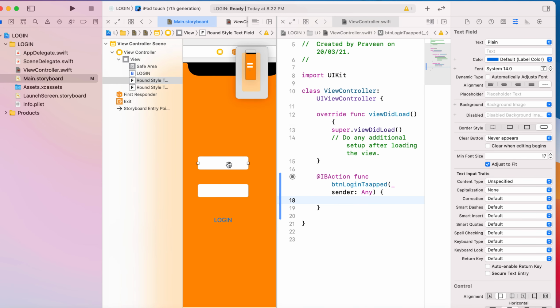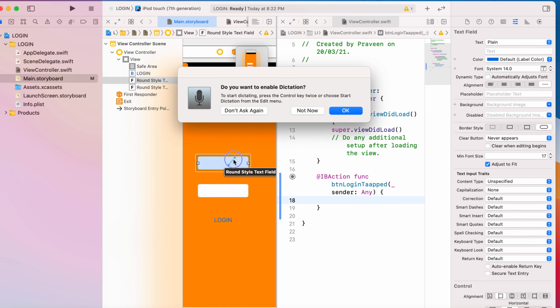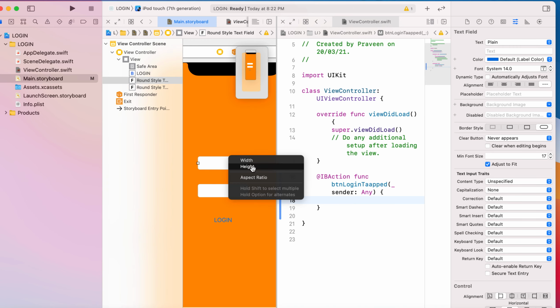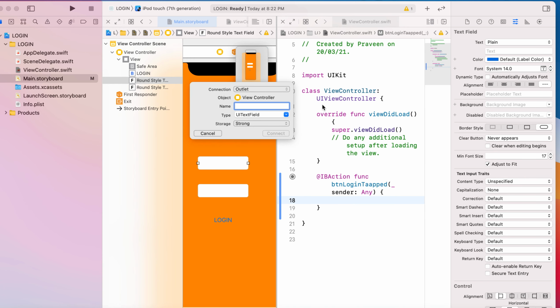No, let me do it. Let me do the IB outlet. Okay, see this. Earlier I have seen the connection for a login. I have seen here that action. Now I would like to see the outlet. Okay, I will explain the difference. Now in the ViewController, the name is